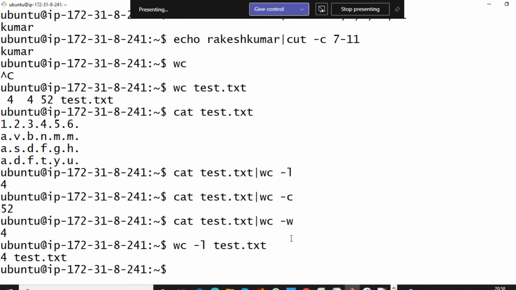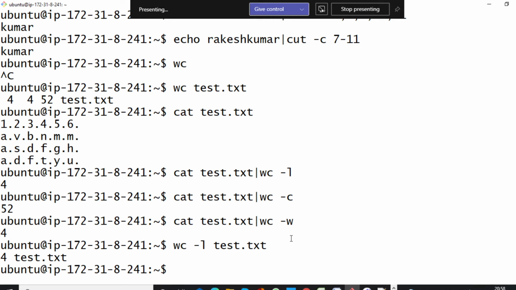Today you might have heard of the head command in the system. So what is the use of this head command? Suppose a file is containing many rows and you can't read all of it. If you want to read a particular row from a file, how will you read it?